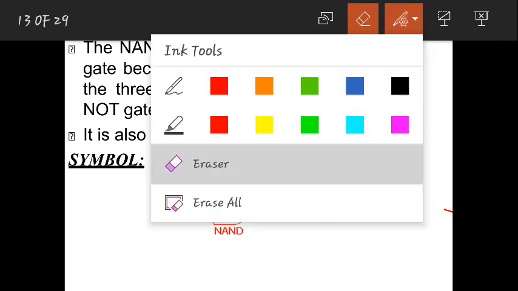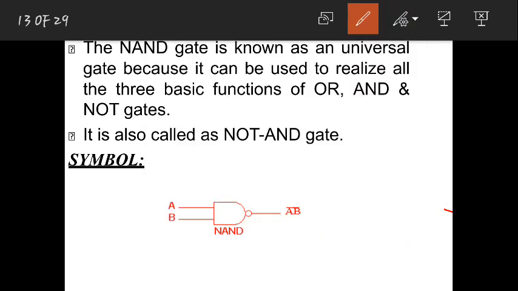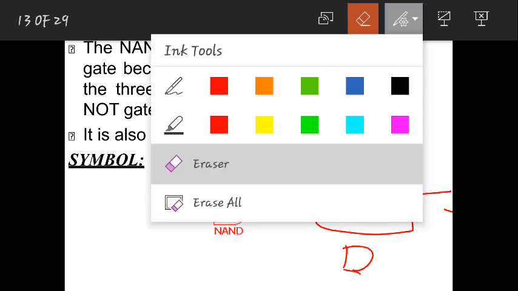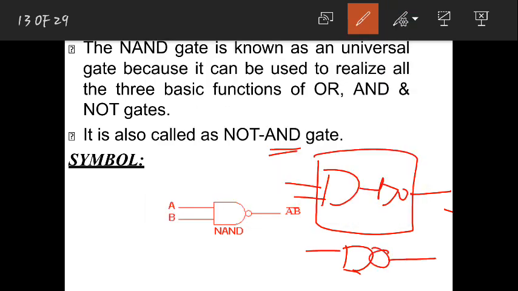Now how does this NAND gate come? From this AND gate, I have placed a NOT gate in front of that, and then I got this NAND gate. So in this short form I can draw the symbol for the NAND gate. There shouldn't be space between both. This is the symbol for the NAND gate. Just place this bubble over here, this will become a NAND gate, and I am complementing whatever was the output of the AND gate. If I put a NOT gate here, that will be the complement. Complement means I am just placing AB whole bar.